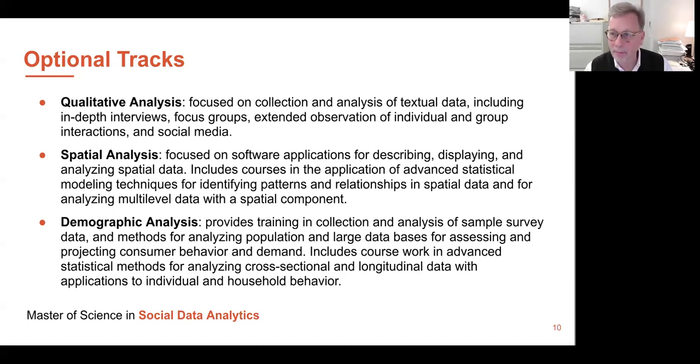So that kind of flexibility in terms of being able to work with a range of different kinds of data types, as well as being better trained than their peers in advanced statistical methods is what really provides them a leg up over their peers in the workplace. And that's been a pretty consistent story that we get from students who've been out working in industry for a while. Okay, next.